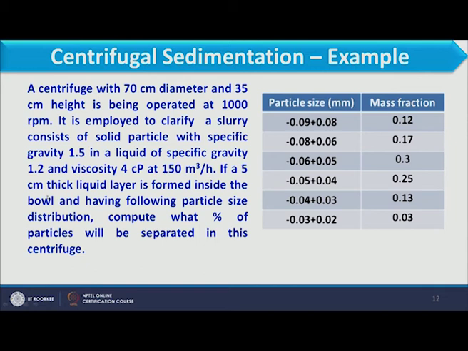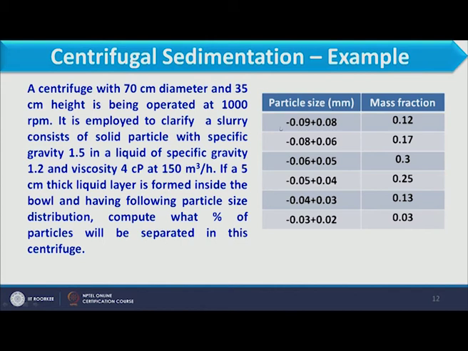If a 5 centimeter thick liquid layer is formed inside the bowl and the particle size distribution is as follows, compute what percent of particles will be separated in this centrifuge. So here we have the problem,